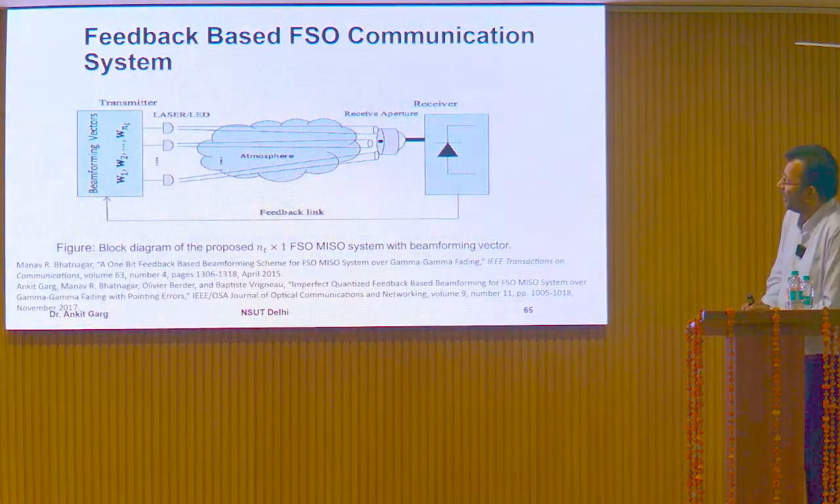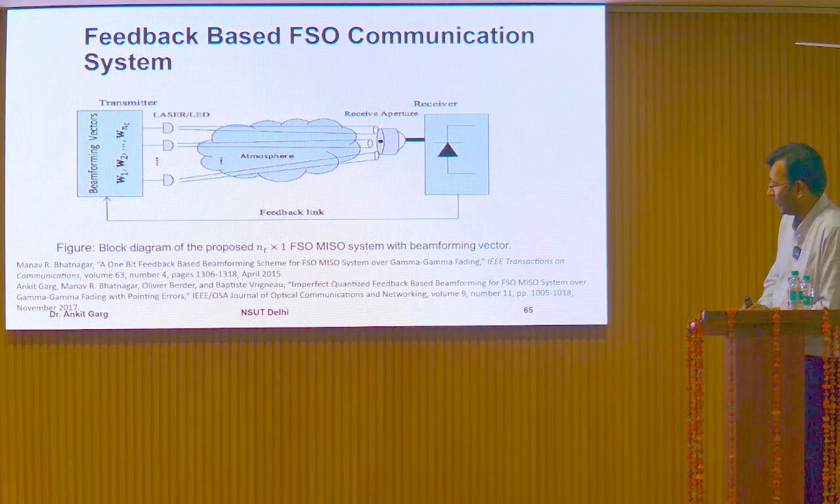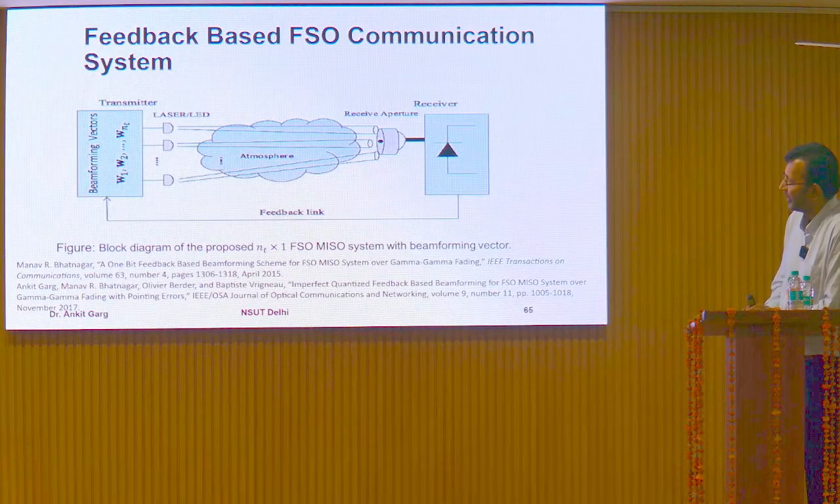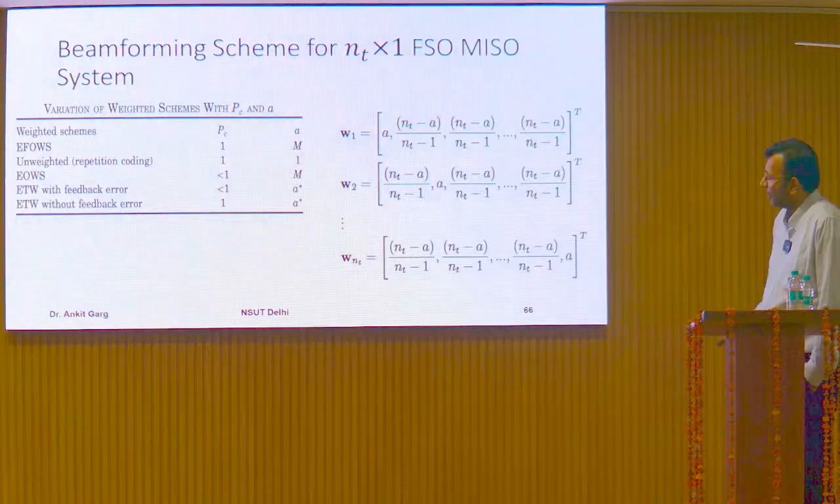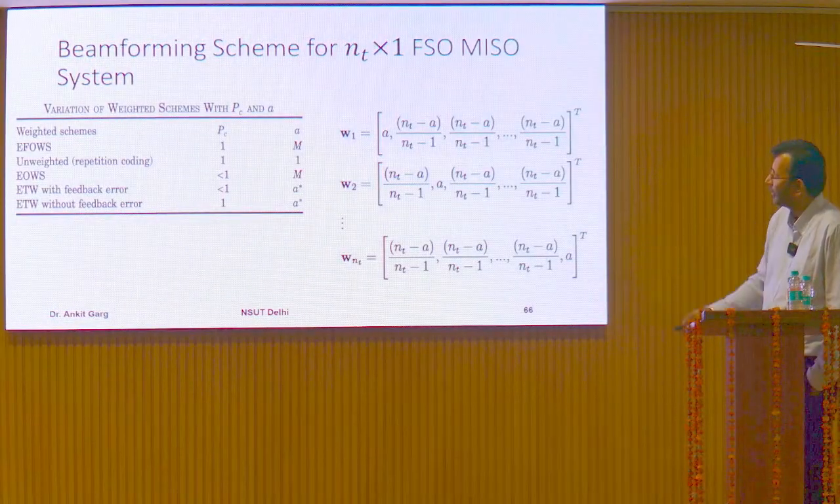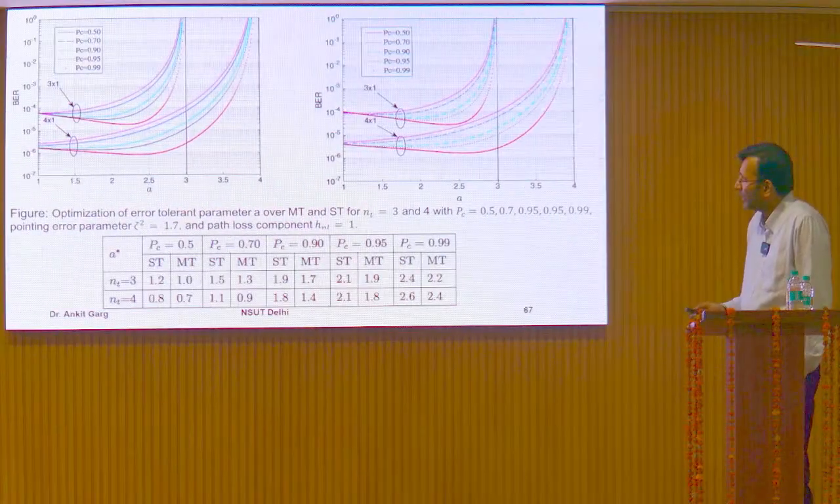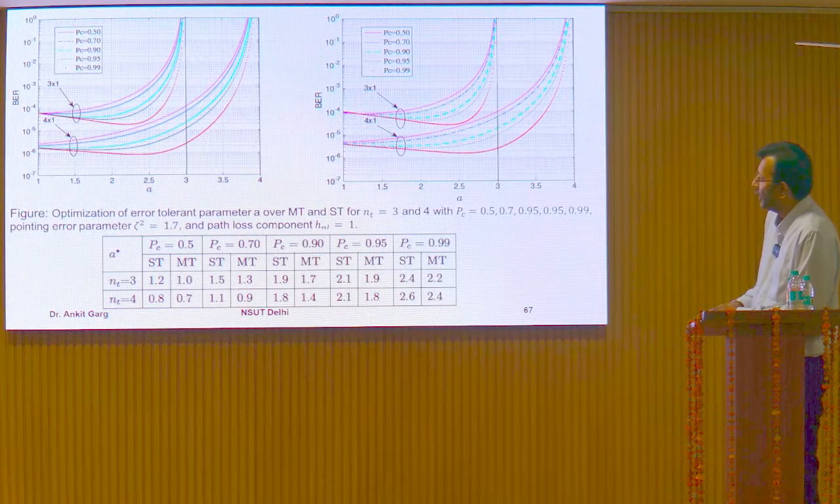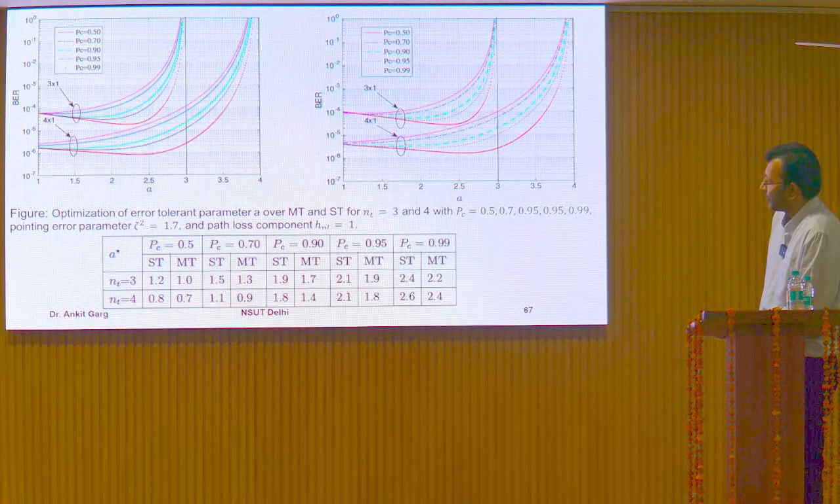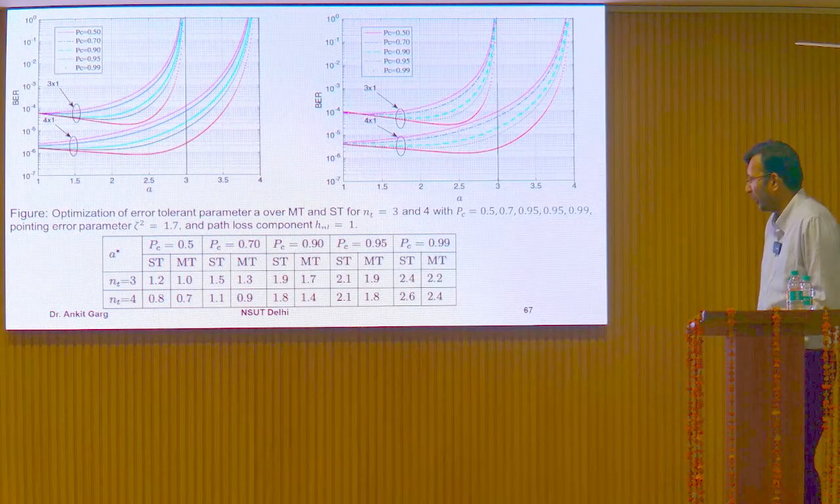So we use the same technique of feedback in this FSO scenario as well, where we have n lasers at the transmitter and a single aperture at the receiver side. Okay, fine. So we have a precoder here, right? This feedback scenario you can use anywhere, right? So here we have optimum values of weights with respect to strong turbulence and moderate turbulence conditions, including the pointing error,